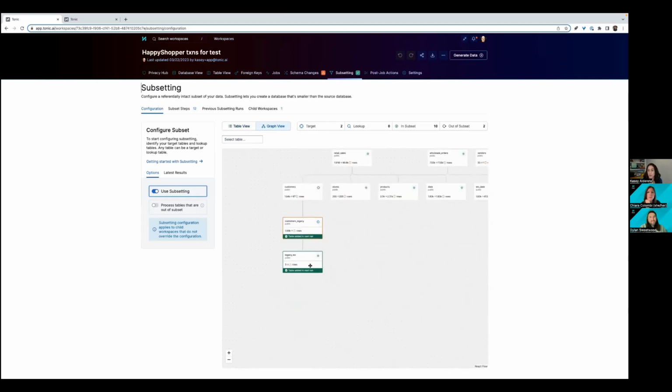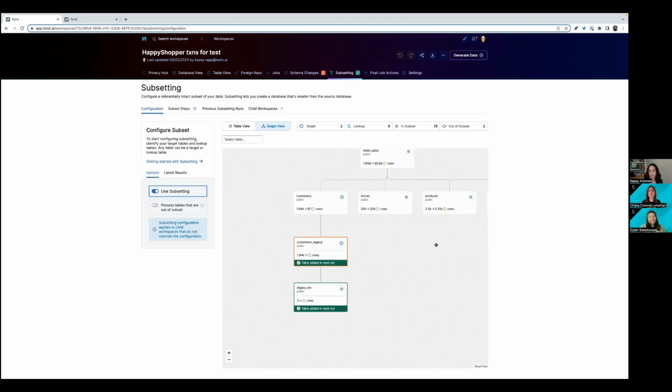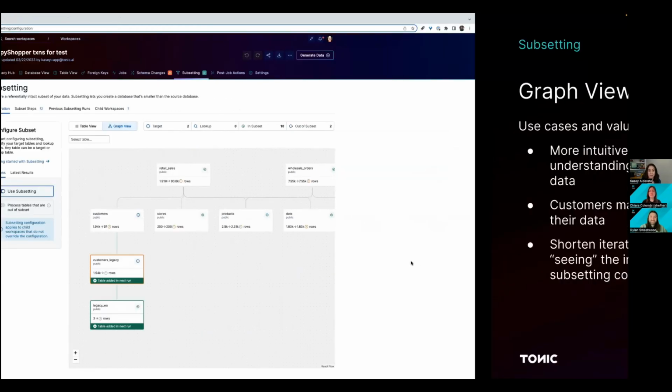And now you can see that table is no longer orphaned. So we've kind of brought that cluster into the fold. So just a lot of iteration and opportunity here. It's really fun. I had so much fun playing with this, getting ready for the demo. So, we'd love to hear what kinds of things you're able to explore and come up with, and maybe even some off-label use cases, things like Dylan mentioned, things that you didn't expect to learn about your data that you